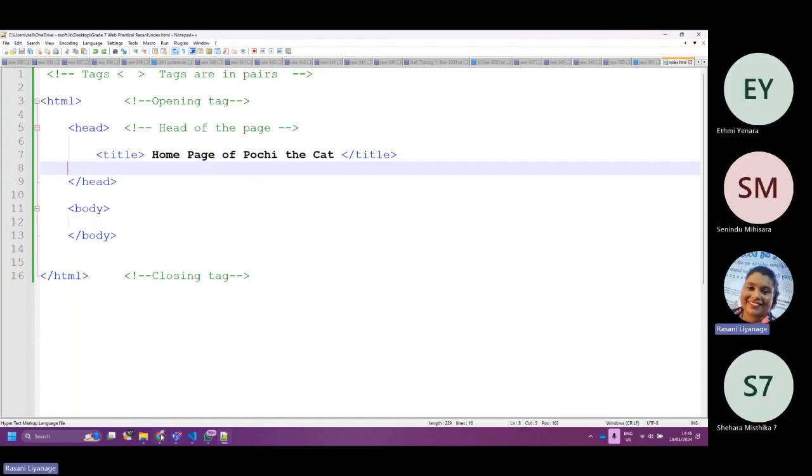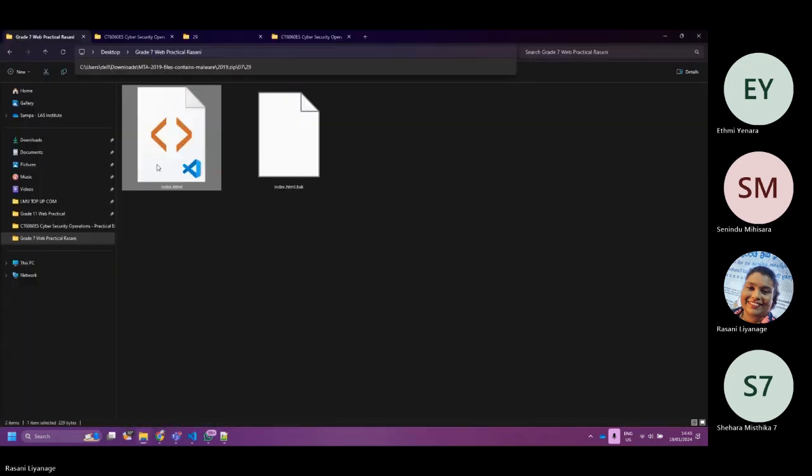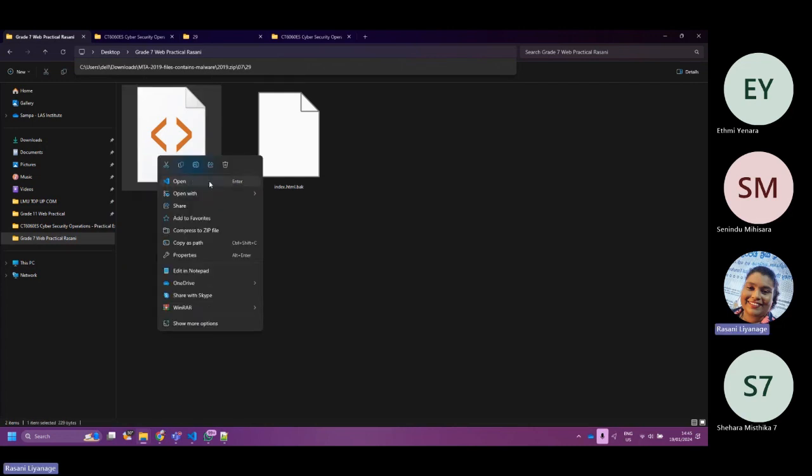Did you check? Right. Now, to see the output, you might again go to the web page, right click and open. You might do that, but you can see the name is also changed. Home page of Pochi the cat. Yes, that's correct.